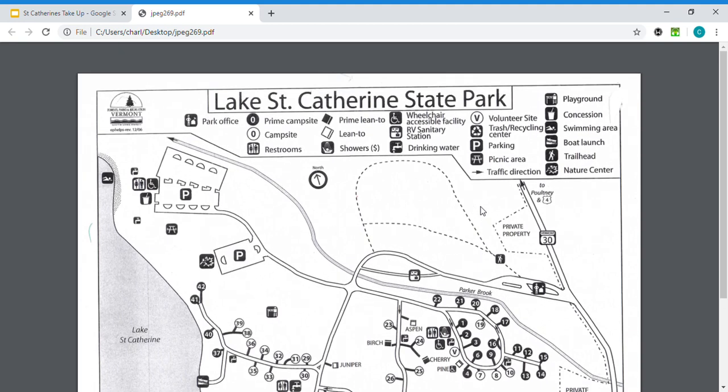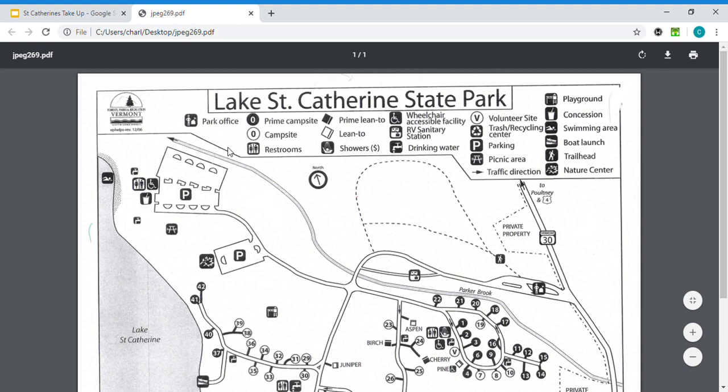So let's take a look at this map. When I look at a new diagram or a map, the first thing I'm going to do is ask myself, what is the purpose of this map, or what is it showing? And I get that information from the title. So this is called Lake St. Catherine State Park. I also get information from knowing what the symbols, so that means the pictures on the map,